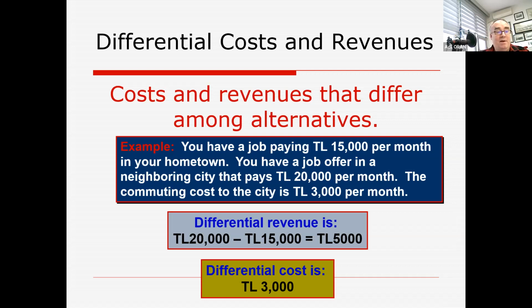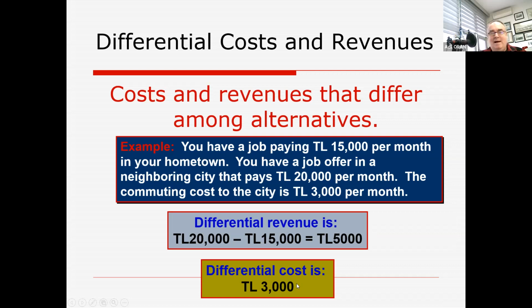Sounds great, right? The only problem is because you're going to continue living in the same house, you're going to be spending a lot of time and money driving to and back from your new job in the other city. So if it's going to cost you 3,000 lira per month to drive to and back from that city, then in that case, you need to be careful. Even though the difference in revenue is 5,000, because the difference in costs is 3,000, the net effect is only